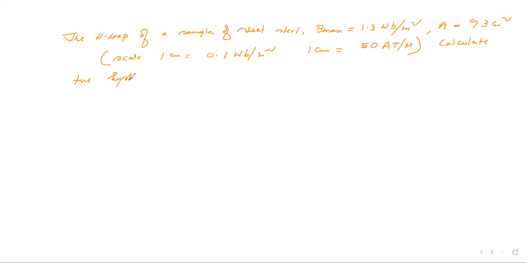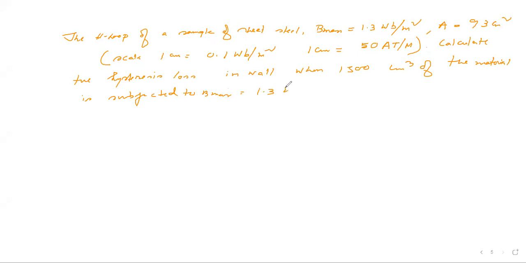Calculate the hysteresis loss when 1500 centimeter cube of the material is subjected to an alternating flux density Bmax 1.3 Weber per meter square, peak value, of frequency 65 Hz. This is your problem. So as per derivation, loss is equal to